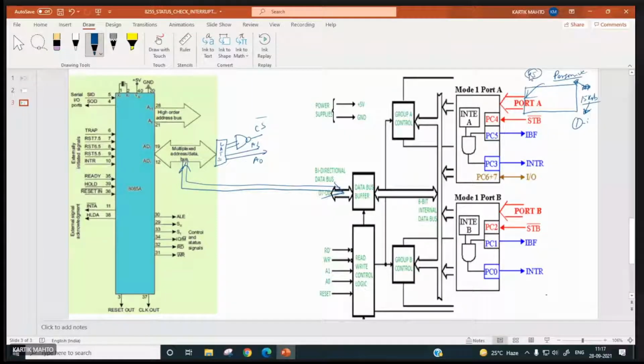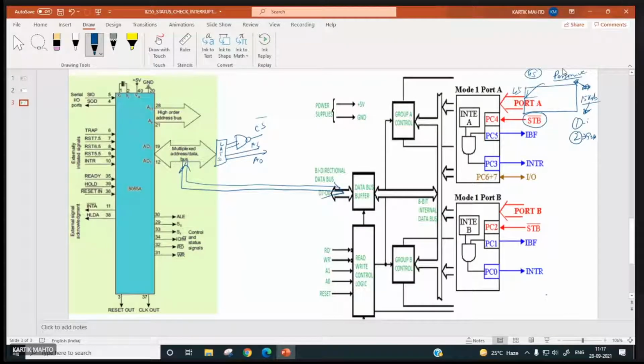So the person will enter 45 and it will make STB bar low. Now the second kid's piggy bank will have a little more or a little less money. So the person will count accordingly, and this second kid has, say, around 90 rupees. So he will count for more duration.